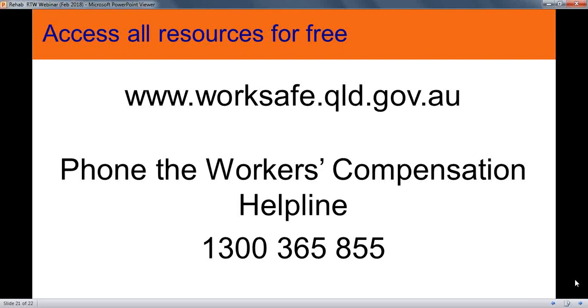But if we're talking about, for example, somebody who's cut their thumb, you send the person to the doctor for a checkup, they come back, they're fine. Do you need to report that? Well, if it's impeding the employee's ability to perform their job, you would report that anyway to WorkCover. But at the end of the day, it might turn out that it's not the type of claim that would affect your premium anyway.